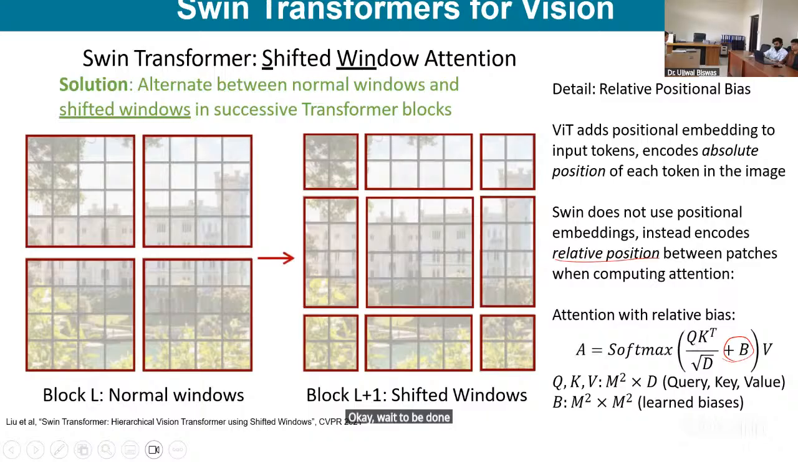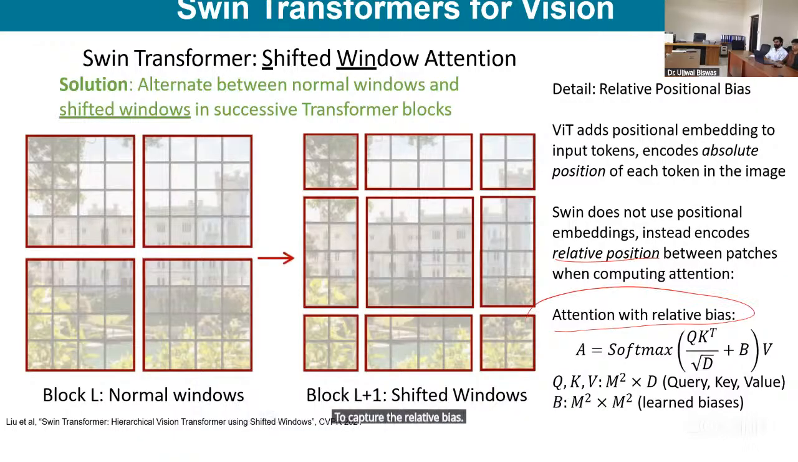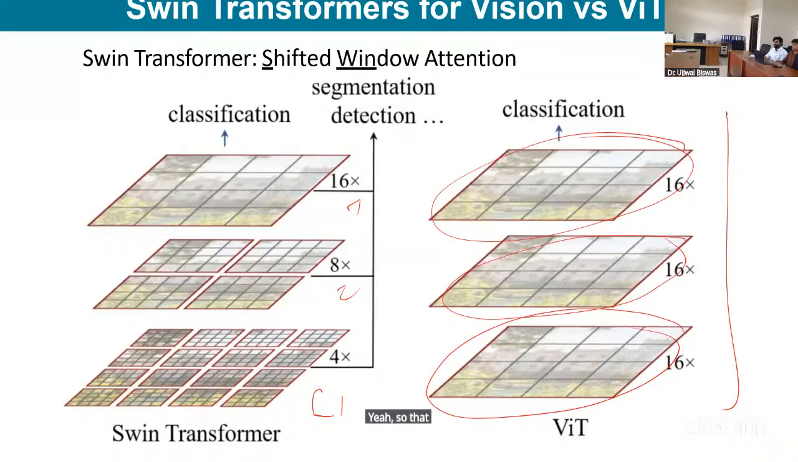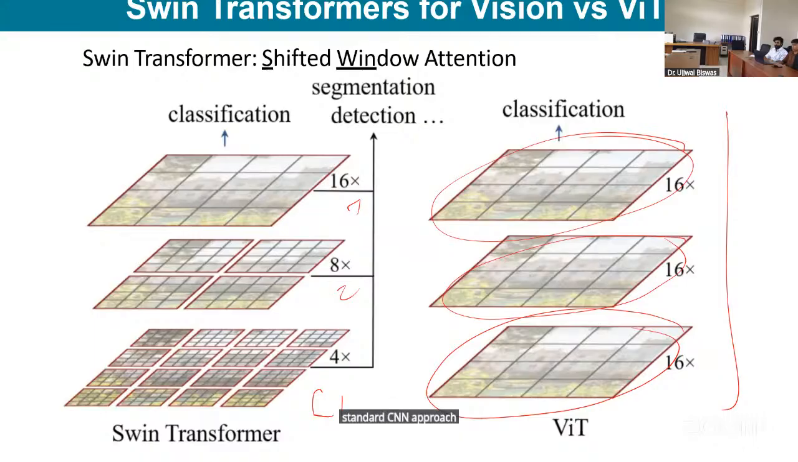Okay, so we'll learn all the biases of the positioning because of the shifting of the window. So the formula changes finally to capture the relative bias. Okay. Yeah, so these are the things that I wanted to talk about regarding vision transformer, why we are using ViT and a modification of ViT, that is Swin Transformer, instead of our standard CNN approaches, which will be